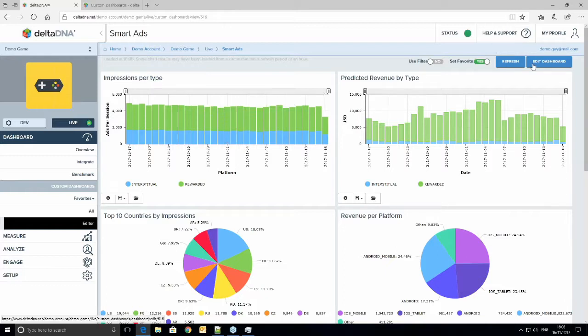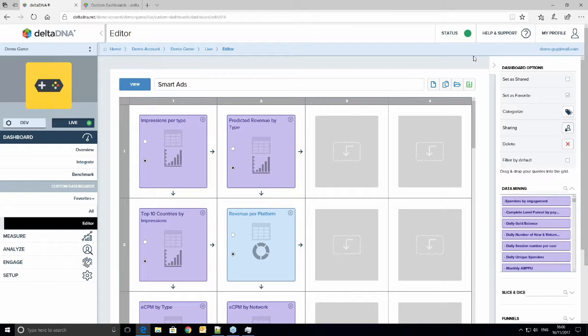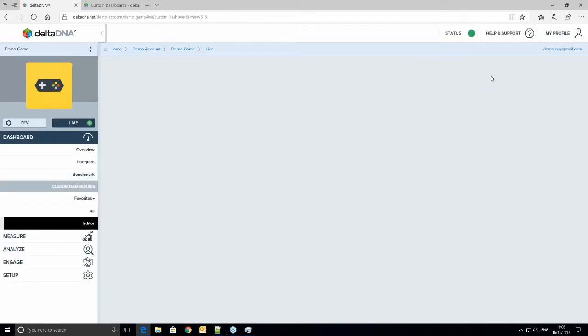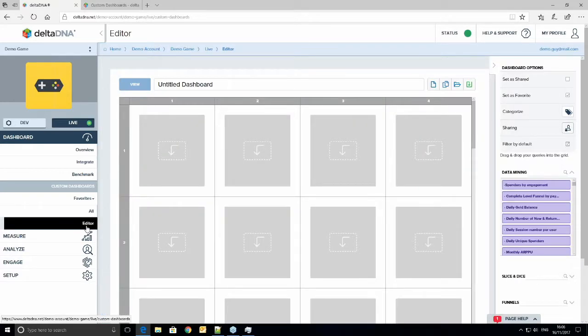The other thing, we're doing quite a lot of updates though, is in the dashboard editor. So you get to that just by hitting the edit button. You can toggle between viewing a dashboard and editing it just with these view and edit buttons up there. But if we go directly to the editor from the menu, it'll let us actually create a brand new dashboard. So let's use this opportunity to create a brand new dashboard, and I'll show you some of the new